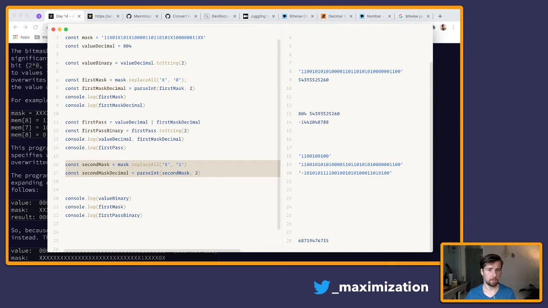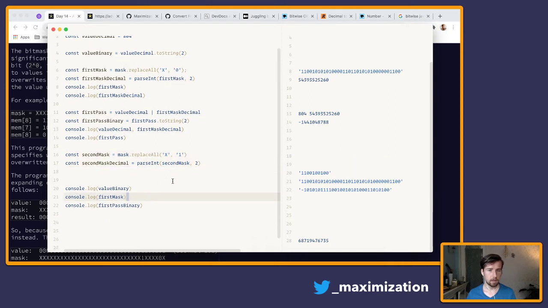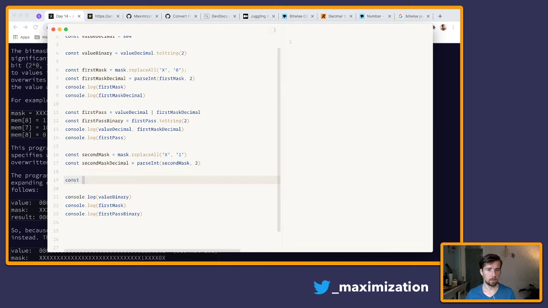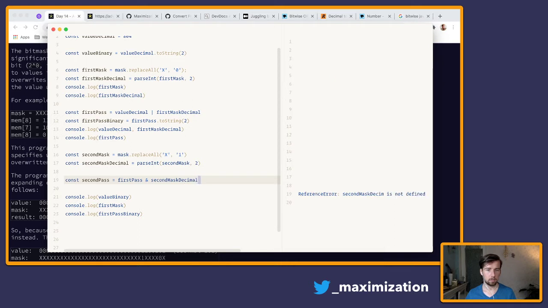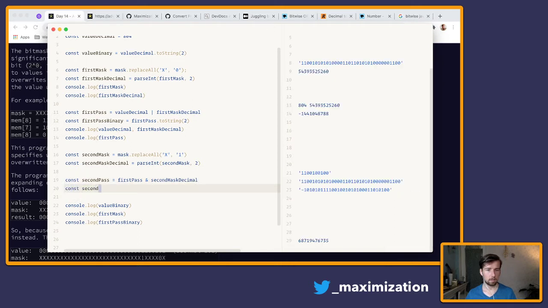Let's move it up top, second mask, and then we can say const second pass is first pass using the AND operator of the second mask decimal, and then const second pass binary is second pass toString. Here we go, and then we console log